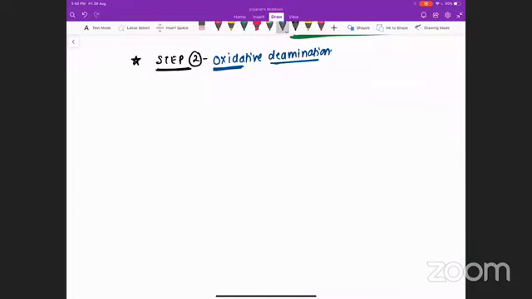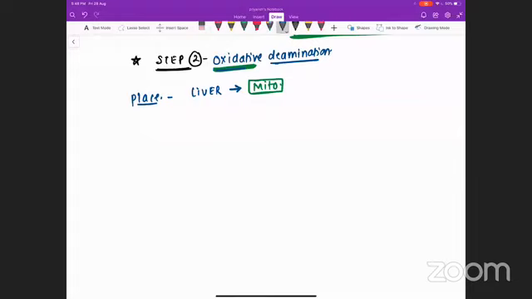If they ask the place of oxidative deamination, is it the tissue level or the liver? Obviously, it is going to be the hepatocytes. In the hepatocyte, is it in the cytoplasm or mitochondria? Make a thumb rule that all the oxidative processes occur in mitochondria, because oxygen is only present in mitochondria, not in the cytoplasm. So if the name of the reaction is oxidative, then it is going to occur in the mitochondria. Whether it is beta oxidation of fatty acid or oxidative deamination, any oxidative process is going to occur in the mitochondria.